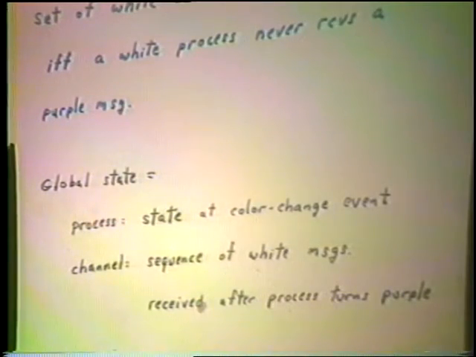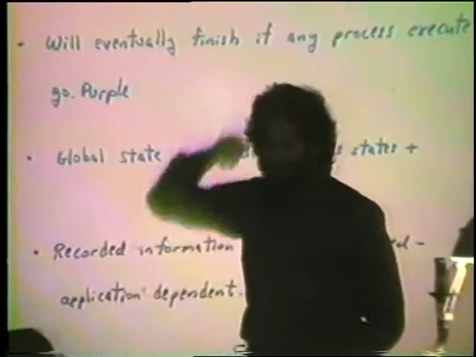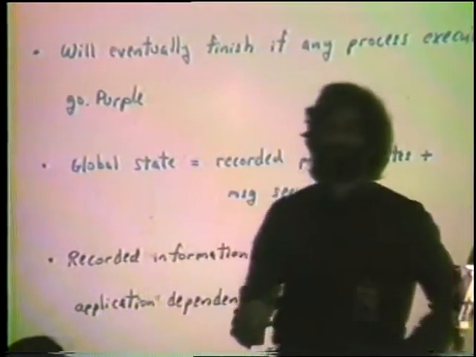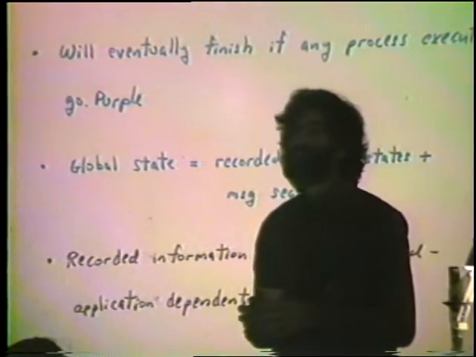Okay, well, unfortunately, the information isn't sitting at the bank president yet. It's sitting all the way around the network. And so the recorded information has to be gathered. And how you do that really depends on the application. In this example, if the bank president really only wants to know the amount of money in the bank, not particularly where it is,